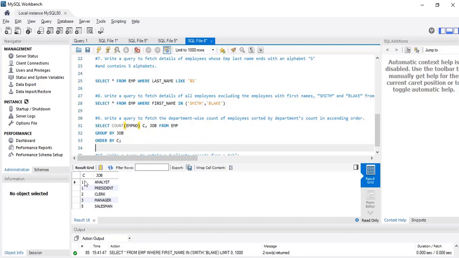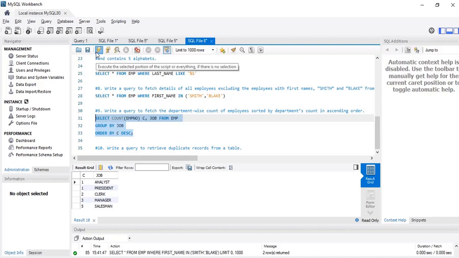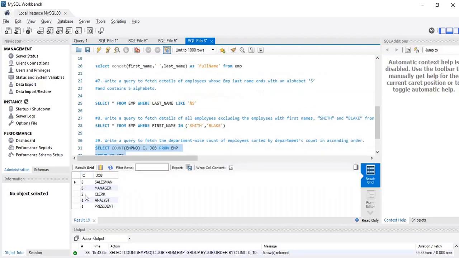Okay, so this is the count. So we have 1 analyst, 1 president, 1 clerk, 3 managers, 5 salesmen. So this is the count department wise. And now if you want to sort it in descending order, then you just have to write DESC. And now we have it printed in descending order.